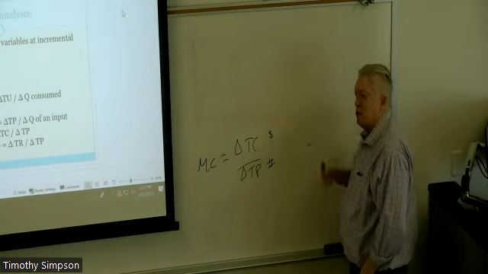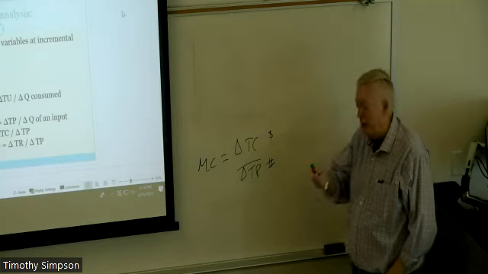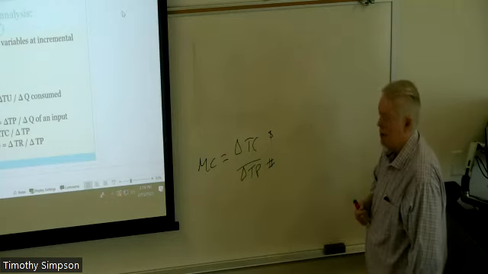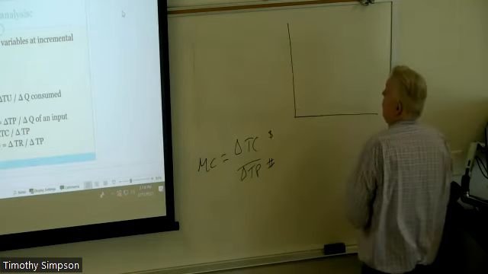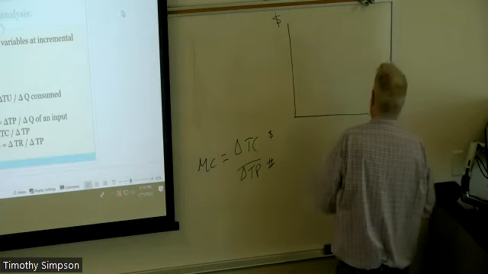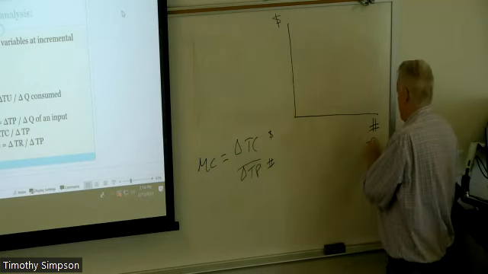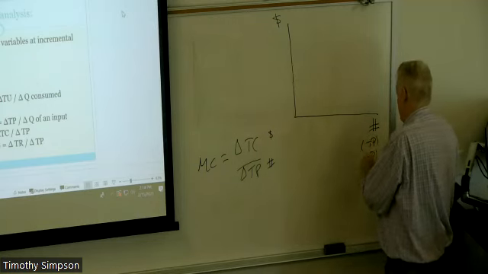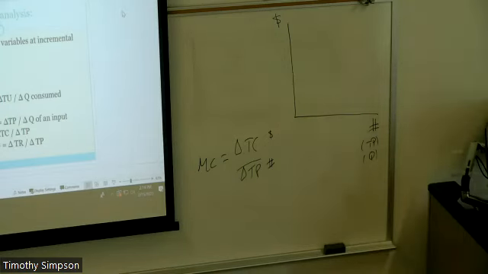But again, there's a difference between price and cost. Cost is the value of an input, price is the value of an output. Okay, so I think that's an important thing for us to talk about. But let's talk about the nature of cost, because not all inputs are the same, right? So if we put dollars on this axis here, and we put units on this axis, which we can think of as total product if we like, or Q, and I go back to what I talked about on Monday. If you prefer to look at it as Q, which is quantity, it's not quite the same thing, but it's close enough that we're not really going to be worried that much about it, right?